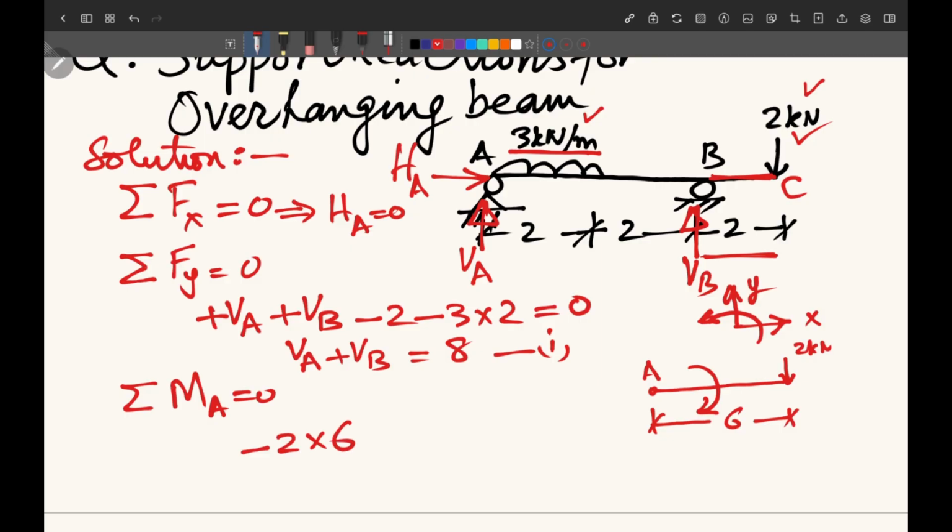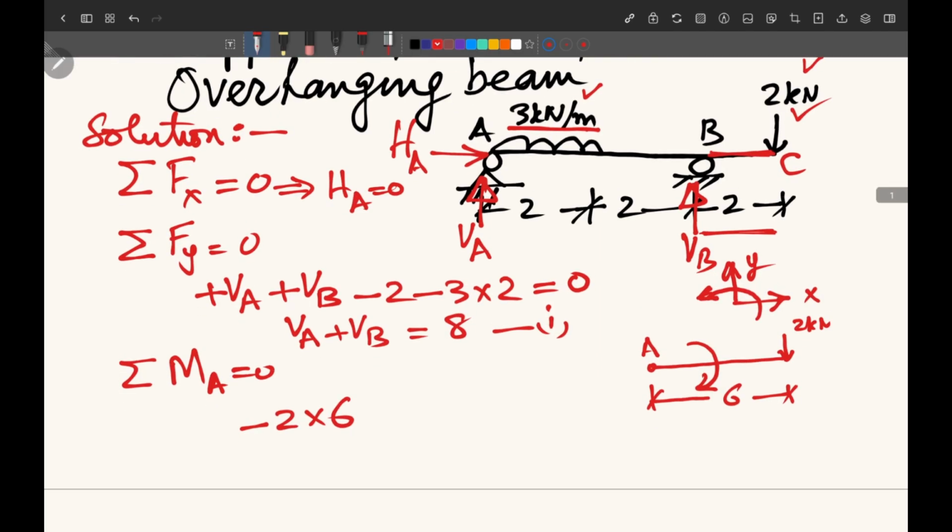Then we look at this reaction VB. VB is acting at a distance of 4. So if we look here for VB, this is point A and VB is at a distance of 4. It will try to rotate the beam in this anti-clockwise direction, and so anti-clockwise we have taken as positive, so VB into 4. Now we have this third load, which is uniformly distributed load over a length of 2 meter,